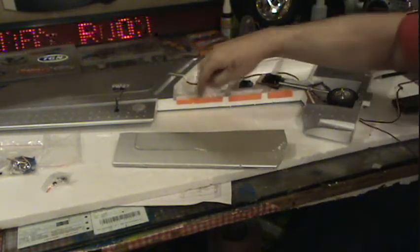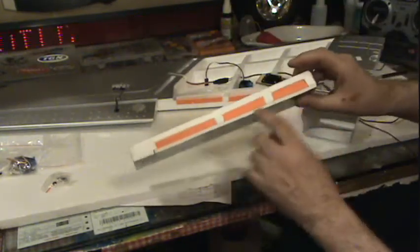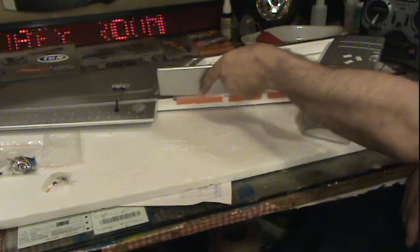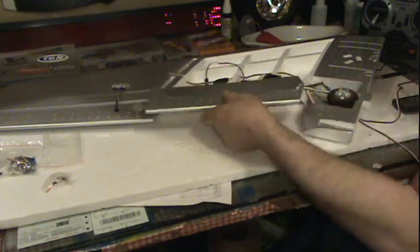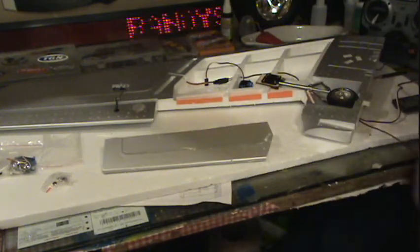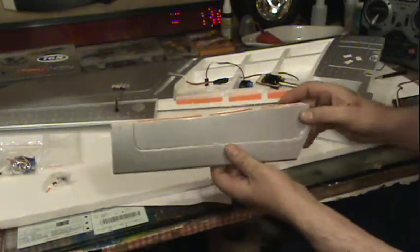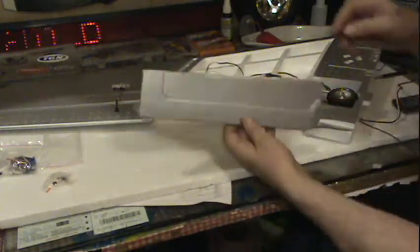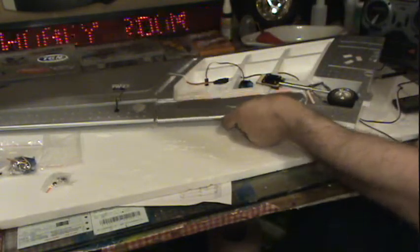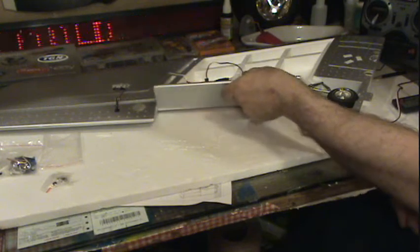Remember, one here, and one here. And I'm going to do them up here in the Depron. So the hinge is high, so the flap will stay joined at the bottom. The hinge from the bottom and fold down. That way I don't have to have angles cut in the surface. I believe that I have the hinge high enough in the Depron here that it'll sit flat and it'll come down